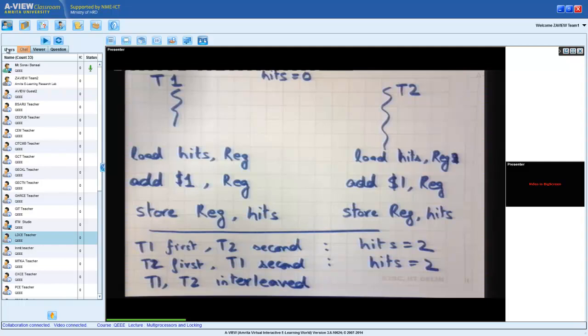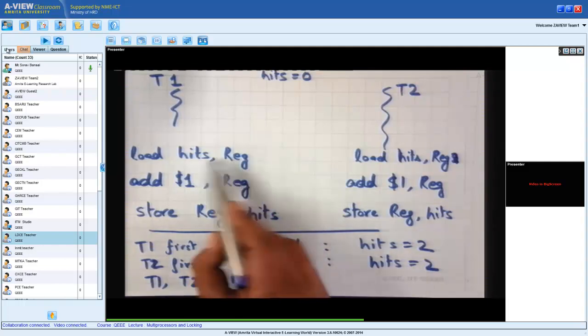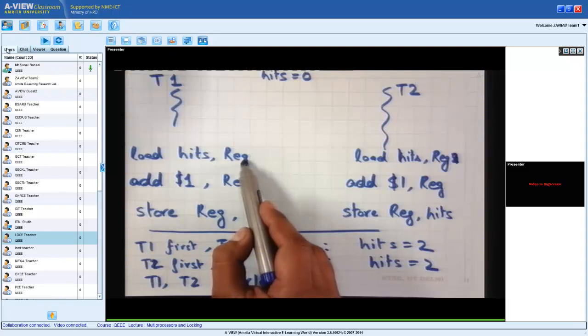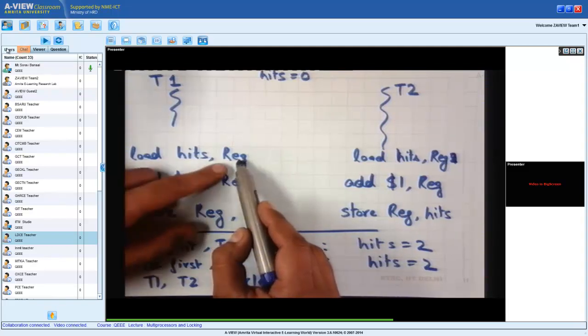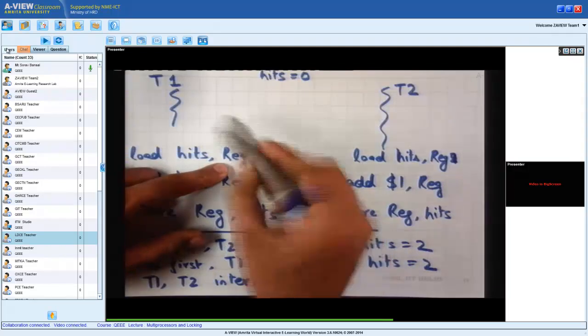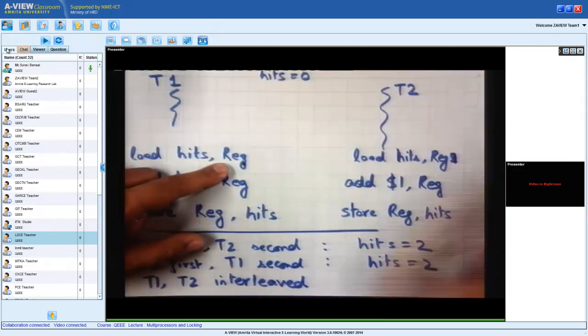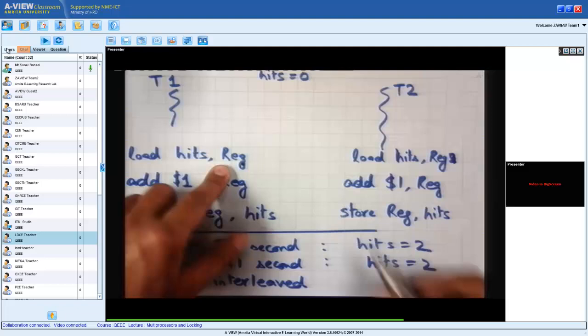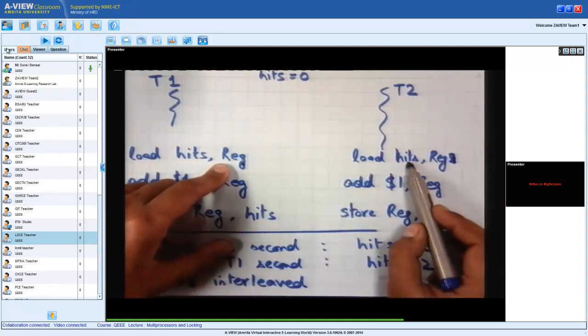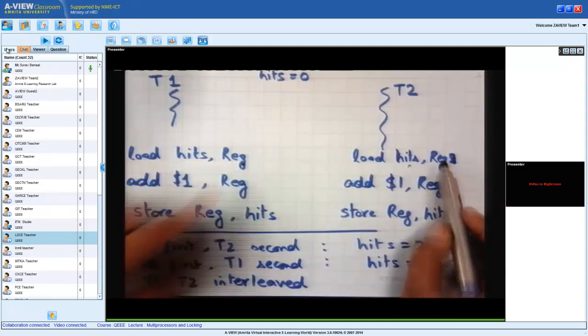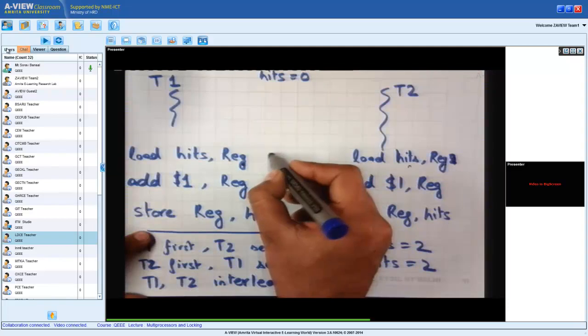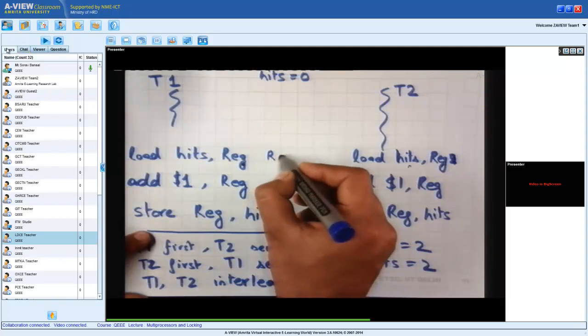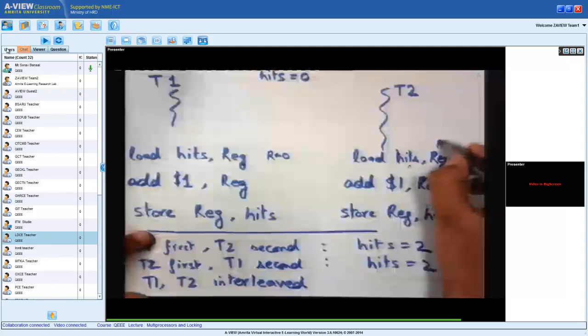If they are interleaved, then what will happen? This 0 will get loaded into the register in thread 1, but the register is private. So this is CPU 1's register, this is CPU 2's register. The registers are separate. Similarly, this one will get loaded, so R gets 0, and this one will also say R gets 0.